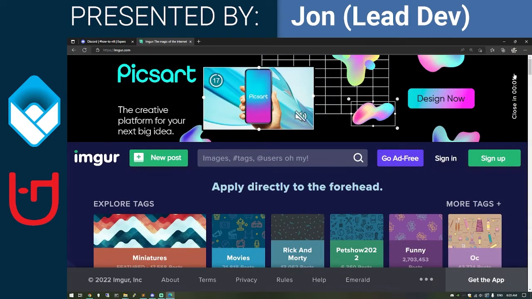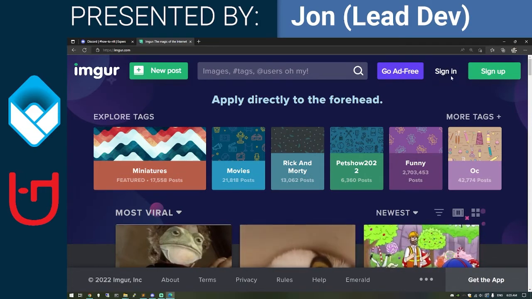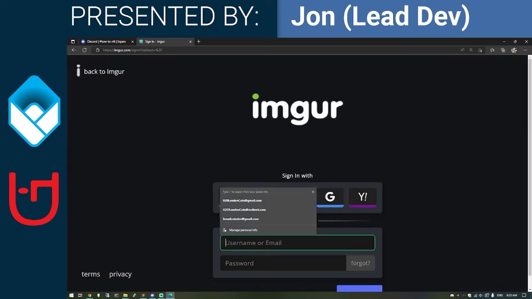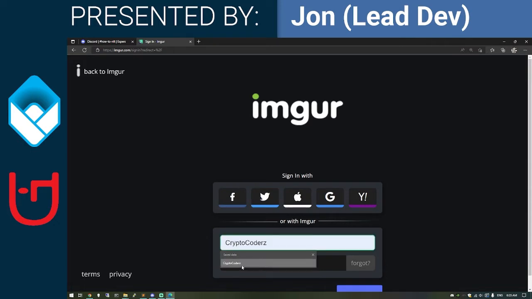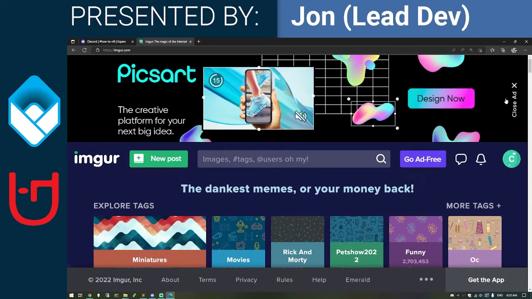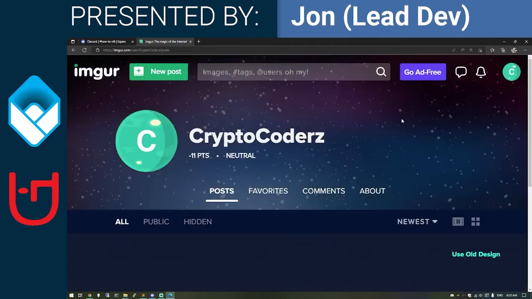So, first you're going to find a little bit of an annoying ad, but this is relatively quick to fix. You're probably going to want to click sign up unless you've already signed up for this system. In this case, I'm going to click sign in, and then, wow, none of those are correct. I'm going to type in CryptoCoders. There we go. And hopefully remember my password. Okay. So, now that I've remembered my password, I'm going to go to my account and my posts,